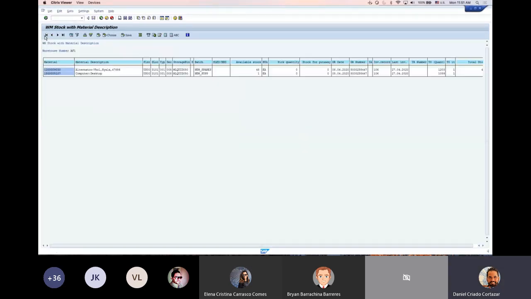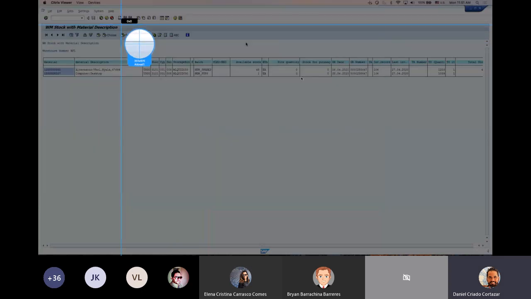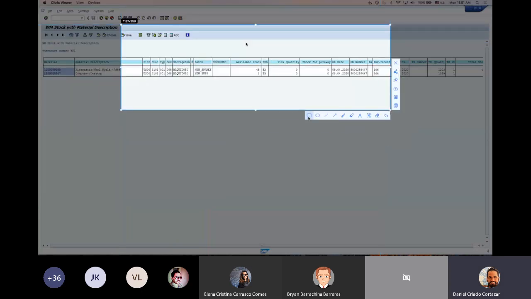We launch again the T code, and you see that now the differences here are reflected. You see these 48 available stock now is changed. Actually, it's 48 instead of 50 now. Okay, and the IA indicator now, because it's being cleared from the warehouse point of view, there is